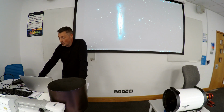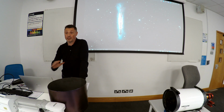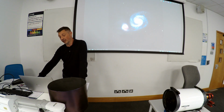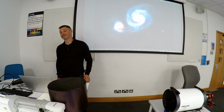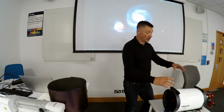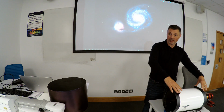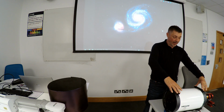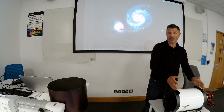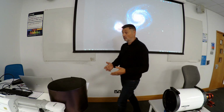Right. So I'm going to jump on to an image taken with the SCT. Now, when I first got the SCT up and running, I had no guiding. So I didn't have these 2 plates here. There was nothing on the top. And then I got these 2, and I didn't have a plate that fitted it. And I wanted to try it out. So I went on